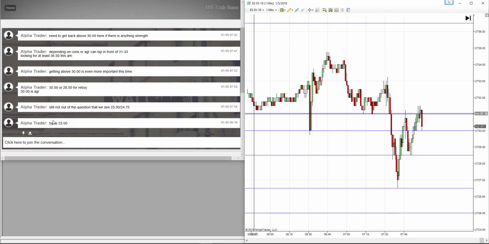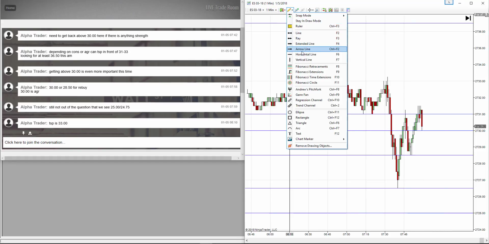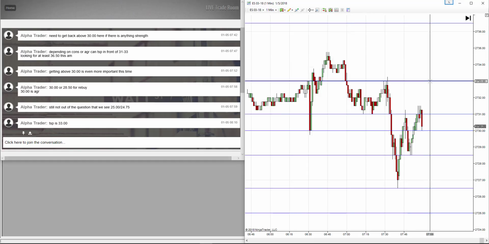And then the next post was 11 minutes later and its TSP is 33. So remember, that was from earlier, which I actually didn't put that price level in. So we want to look at this 33 price level to take profits out. If you want to liquidate, then that's where we're looking to do that. If you want to be a little bit more aggressive, remember we still have the 36.5. So that post at 8:10